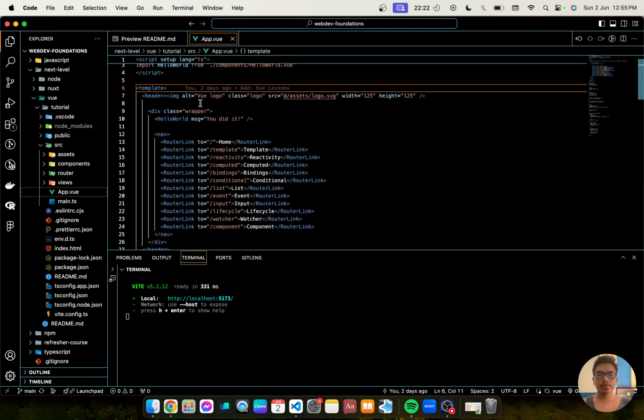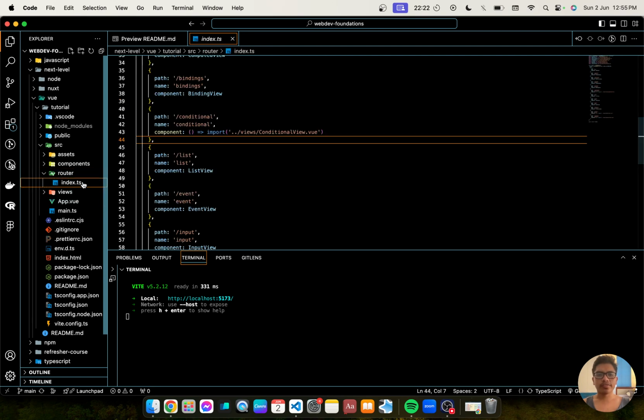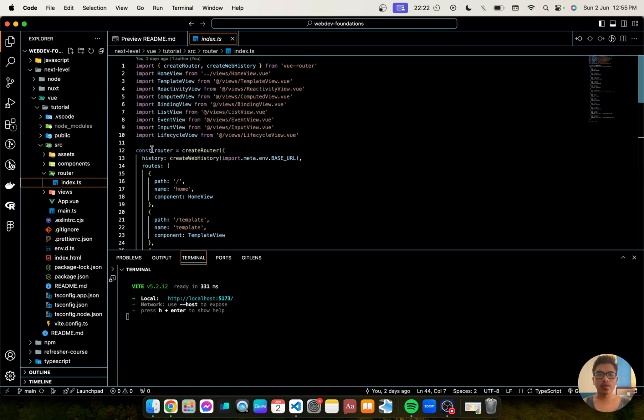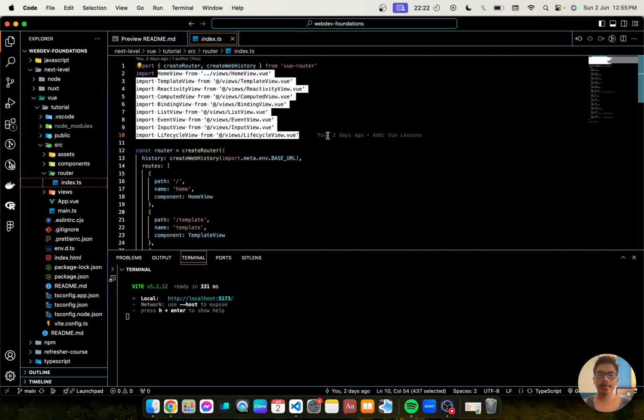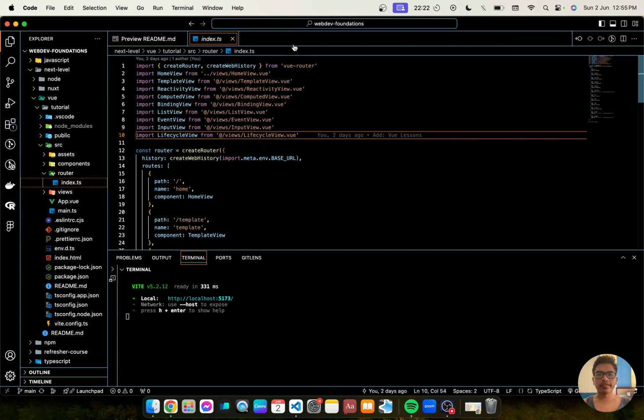Okay, so here we have our assets folder, components folder, router folder, and views folder. In our router folder, as you can see, we have our different views. We've imported them. Then we create a router, and that's from vue-router.